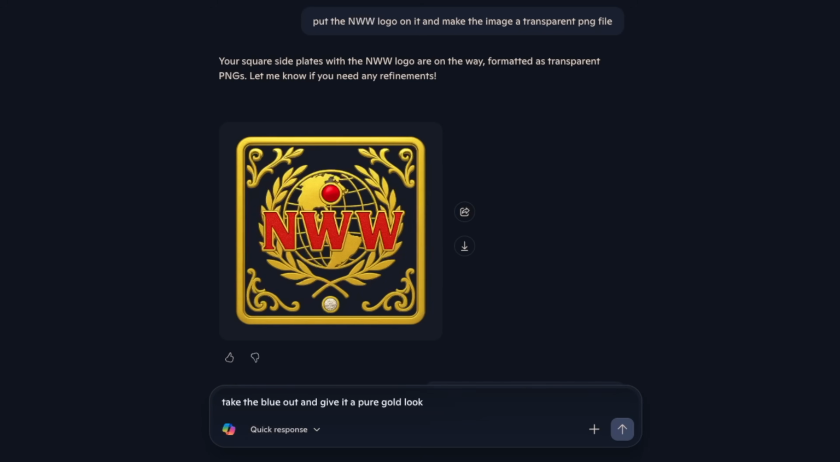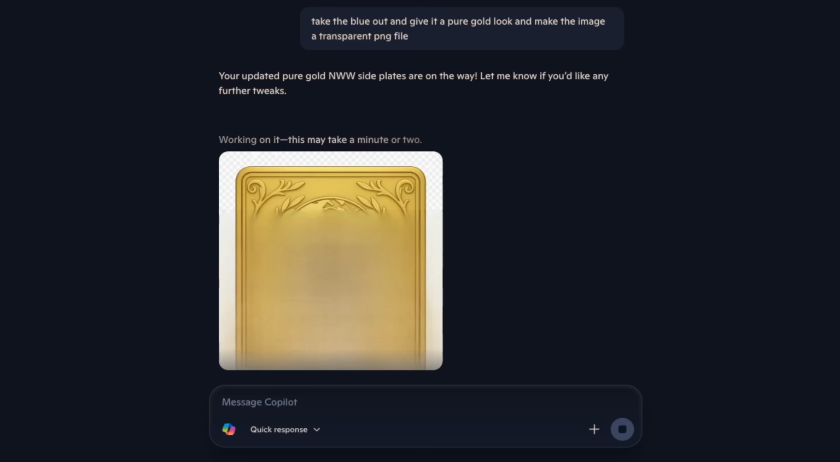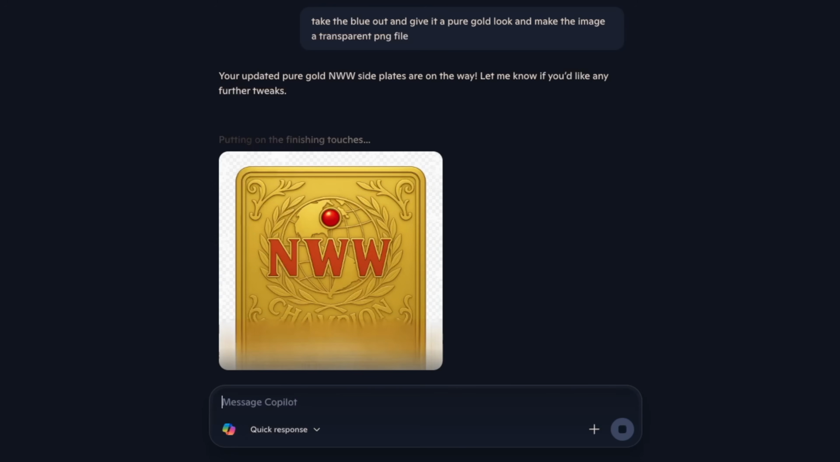And if they are not the side plates that you are looking for, just make different variations to what they have created. But once again, be detail oriented and make sure that you are telling it exactly what you want on the title and what shape you would like these plates to be, because if you don't get the shape right, it's not going to fit on the plates that you are trying to put them on when it comes